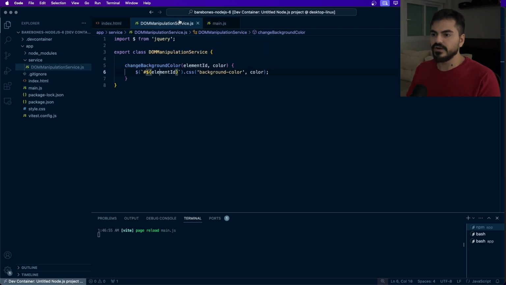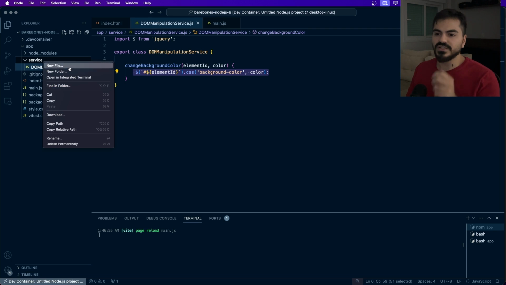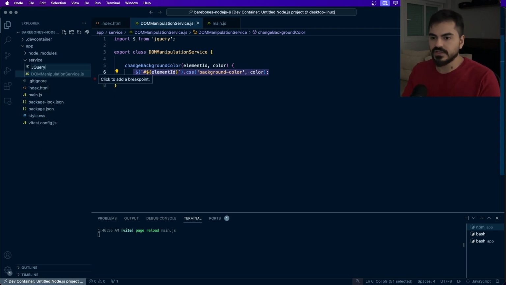So we are directly using jQuery here, and our idea is to actually isolate it, right? So we could swap it out later. As you can see, we are importing the $ sign from jQuery and using it directly, right? And that's what we want to change. So let's create another service called jQuery